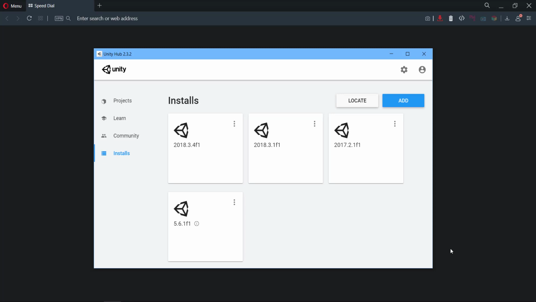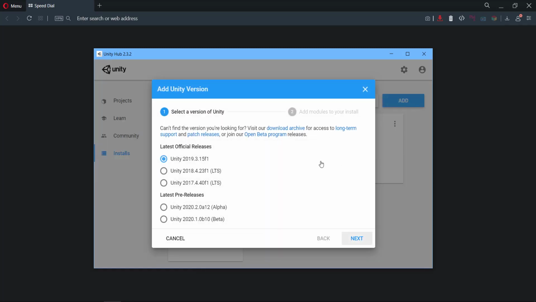Now that you have Unity Hub up and running, let's try installing a new Unity version from a fresh download. So I am just going to click add here, and now they are showing to select a version of Unity. You can use the latest official releases. I go with 2019.3.15f1. Let's click next,